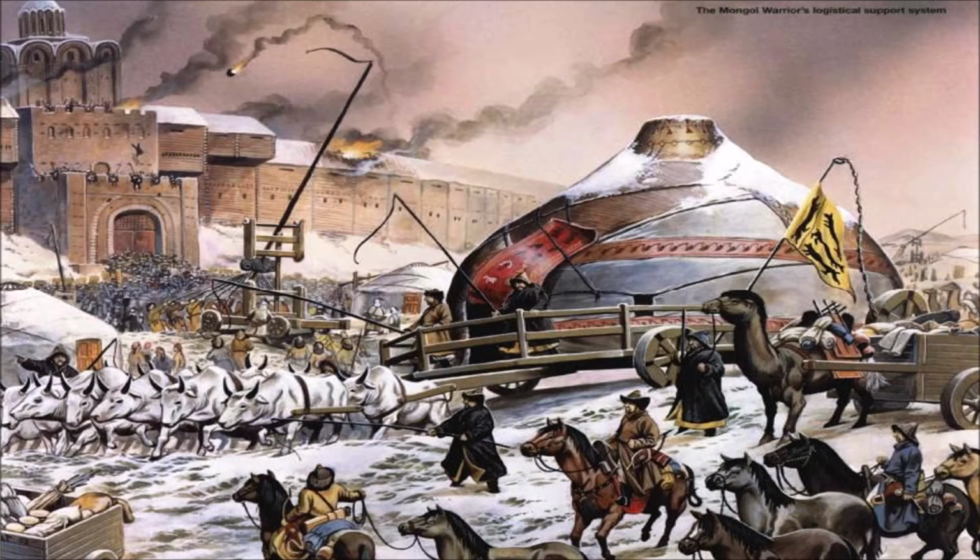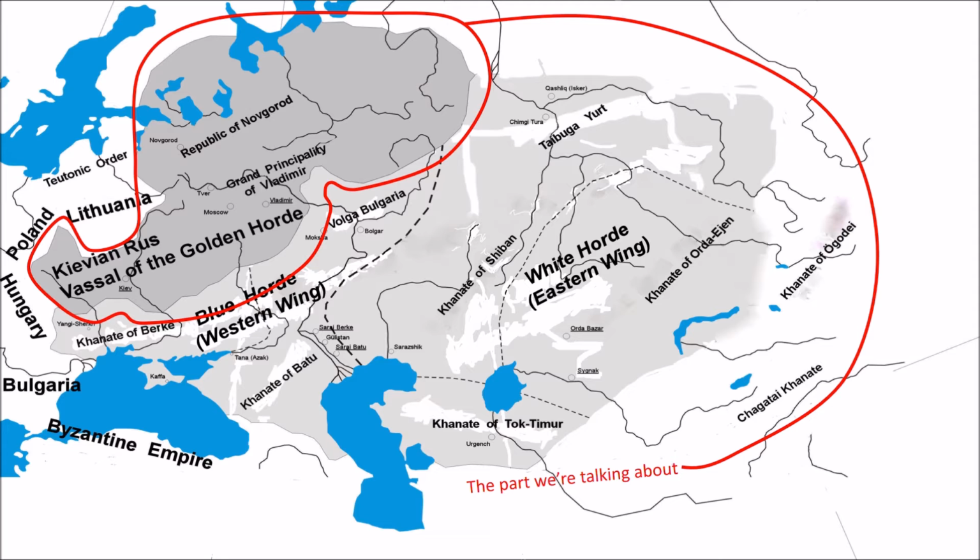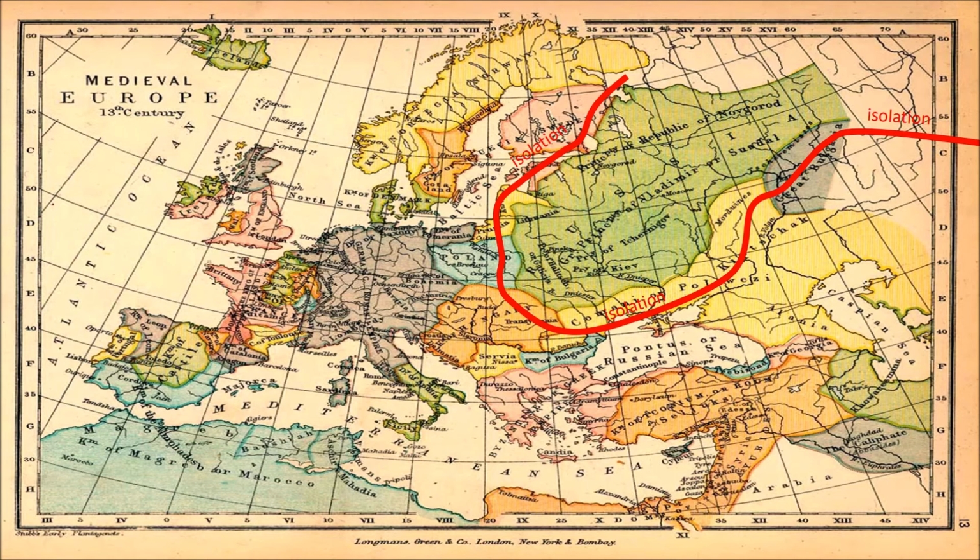This image, for example, is a painting from the Mongols' sacking of Kiev, which you can guess is pretty influential, seeing as how it was called the Kievan Rus. When Mongols came in and conquered Russia, they placed it as a vassal underneath the Golden Horde. And as Russia was placed as a vassal of the Golden Horde, it was cut off from the rest of